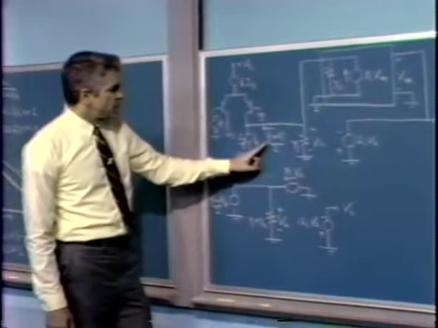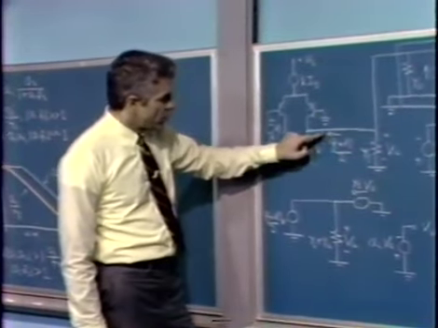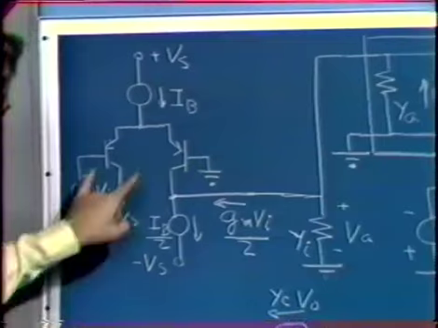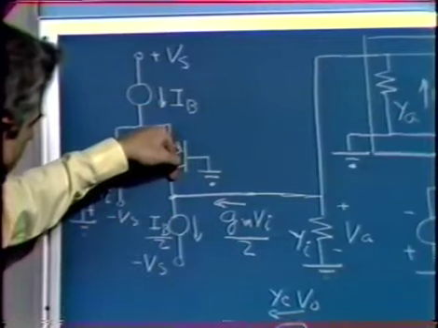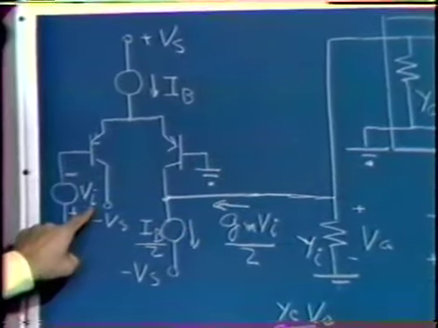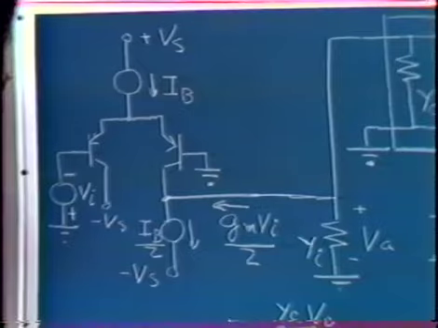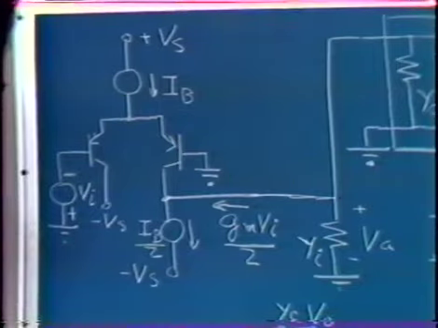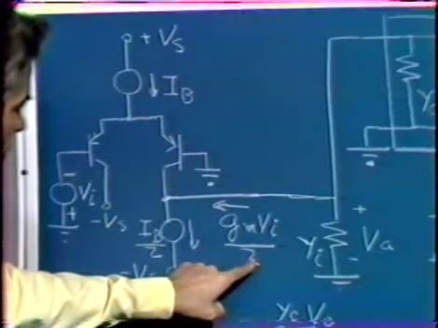The effect of the first stage on incremental signals is simply to inject or remove a current from this node that's proportional to an applied input voltage. If the input transistors are perfectly matched, under quiescent conditions, the collector current of this transistor is identically equal to the current associated with this current source. If we then apply an incremental input voltage about the quiescent operating point of 0 volts for the input voltage, that voltage effectively divides equally between the two input transistors. Consequently, we get an incremental change in the collector current of this transistor that's